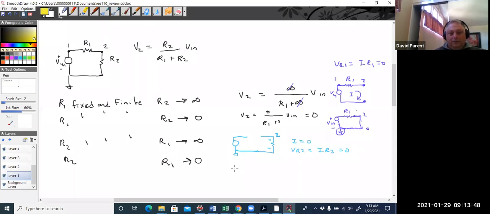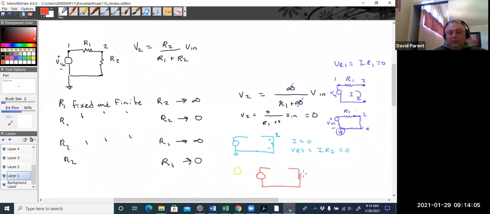Let's take a pretty yellow. Actually, I think people have told me they can't see yellow. You do a pretty red. Okay, now we're setting R1